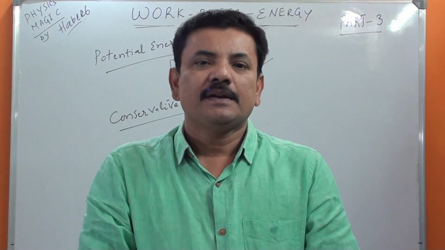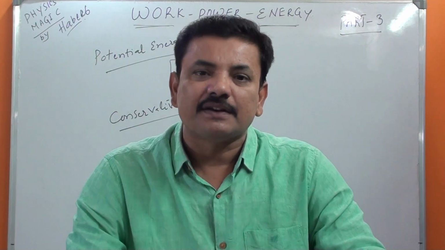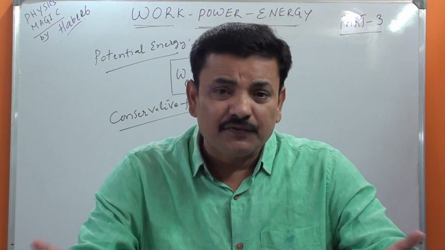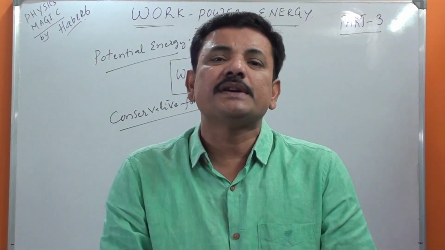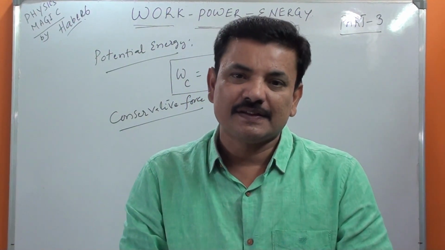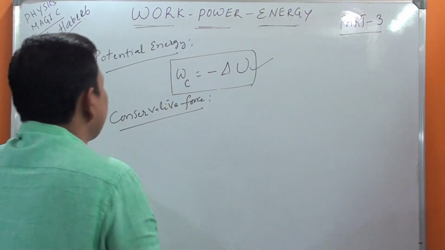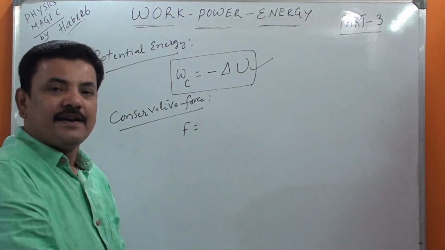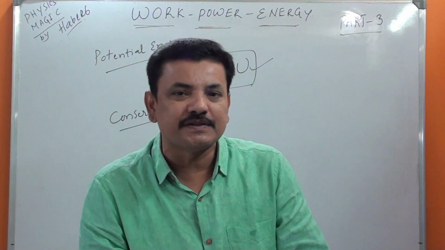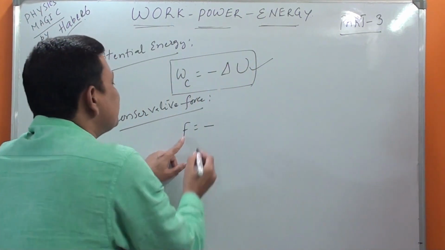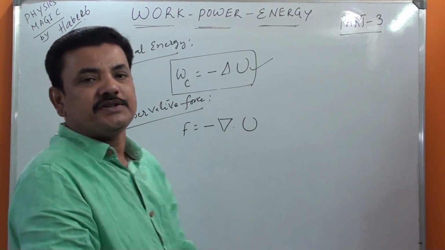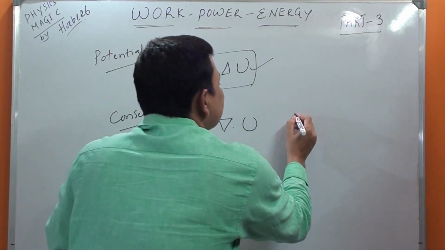The force present in the gravitational field is called gravitational force. Similarly, you can take electric force, magnetic force, spring force. All these are conservative forces. Then how will we find the conservative force? The conservative force is equal to the negative gradient of potential energy. A new term I am introducing here. Remember, the conservative force is defined as the negative gradient of potential energy, where this del is equal to